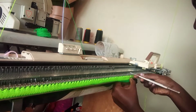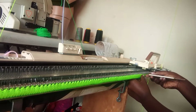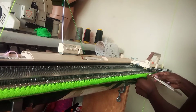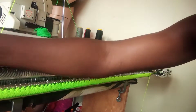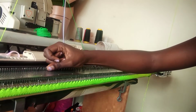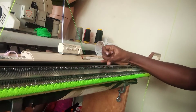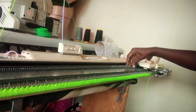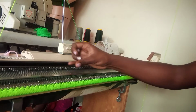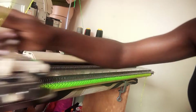It takes quite some time, so you can just do that. If you don't have this bigger transfer tool, you'd have to use the one with a single head, so that you pick up every stitch one to the next as you transfer. So here I'm pulling back all the needles to the working position. If you forget and you leave the other ones in the resting position, you would be creating a rib instead of a picot. It sometimes happens when you forget, you find you've just gone on to knit without pulling back. Make sure I pull back all the needles to the working position, and then after, knit the 6 rows,